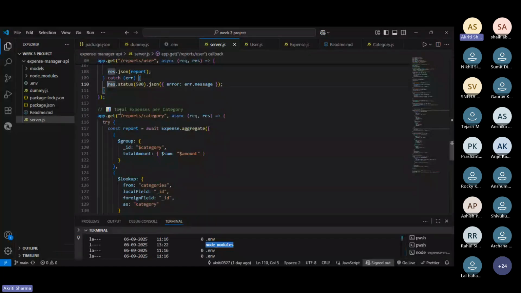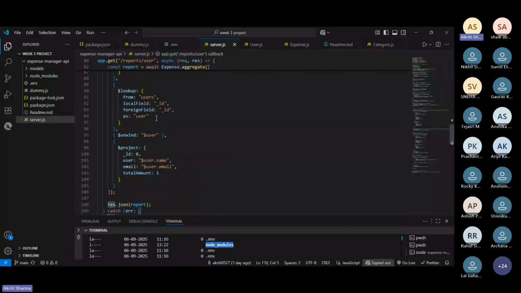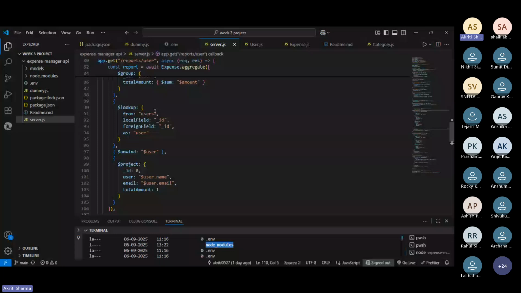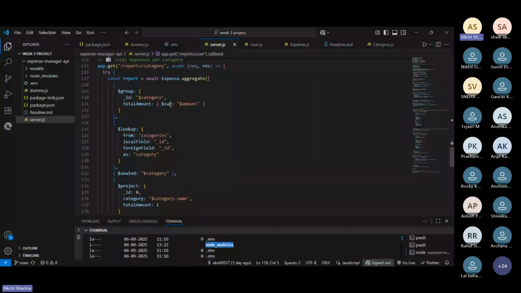In the same way, I created a section for total expense per category. This is total expenses per user, and this is for per category. I use the same method and same aggregation pipeline, but for the category field.